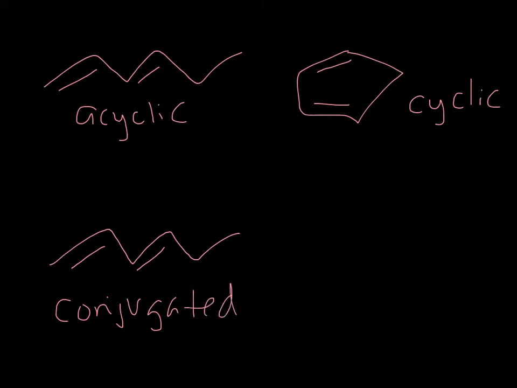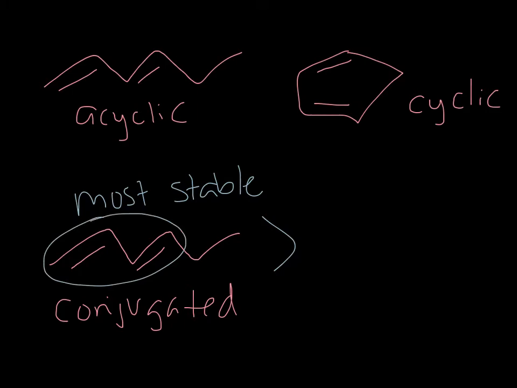And this is going to be the most stable type of diene because that pi system is all connected and those p orbitals can line up together. So that portion of the molecule here where we have these pi bonds is going to be planar because all those p orbitals will line up next to one another. Next in stability